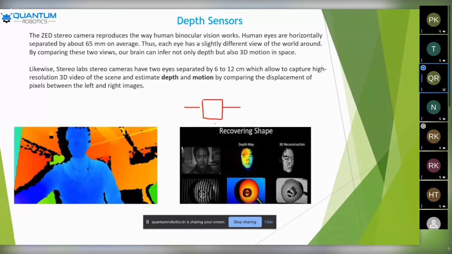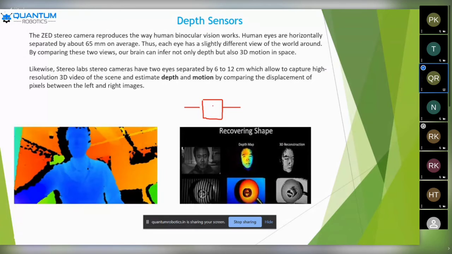If we see any object, we can see it from the front view only, or maybe a curvy view of it. If you want to see the side view, we have to move over here. But how can we view all the dimensions and the depth of an object while staying in the same position? By using this depth sensor, we can see a visualization of the object in 3D, like in a 3D video.